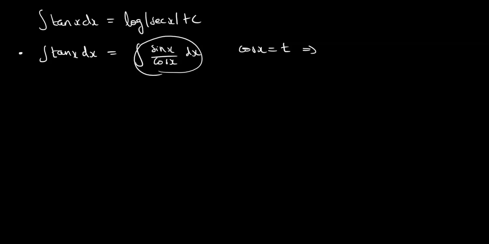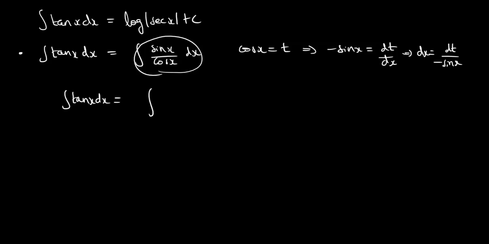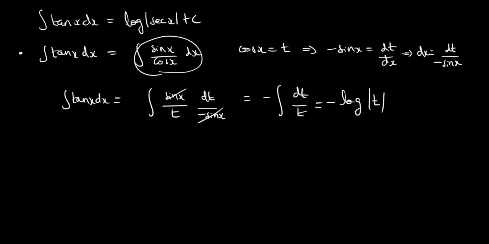That will give minus sin x equal to dt by dx, which should imply dx equal to dt by minus sin x. Therefore, the integral of tan x dx will become integration of sin x by t. Now, in place of dx, we can write dt by minus sin x. So we can cancel the sin x. So minus of integral of dt by t, that we know, minus of log t, which is